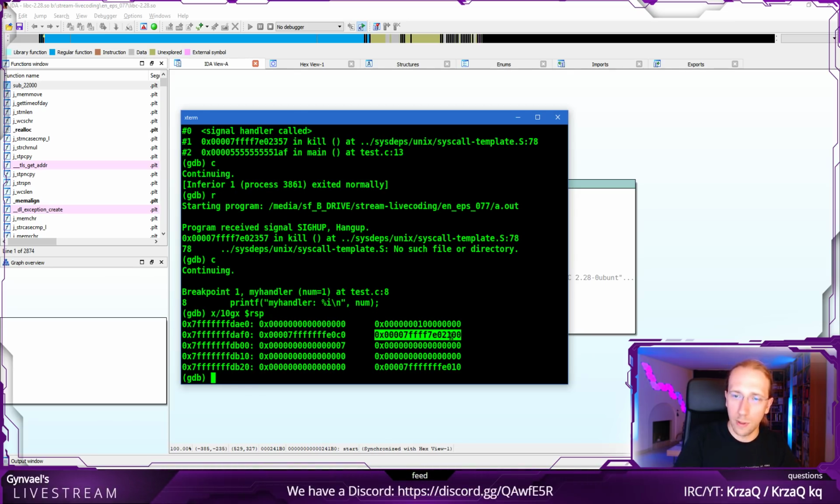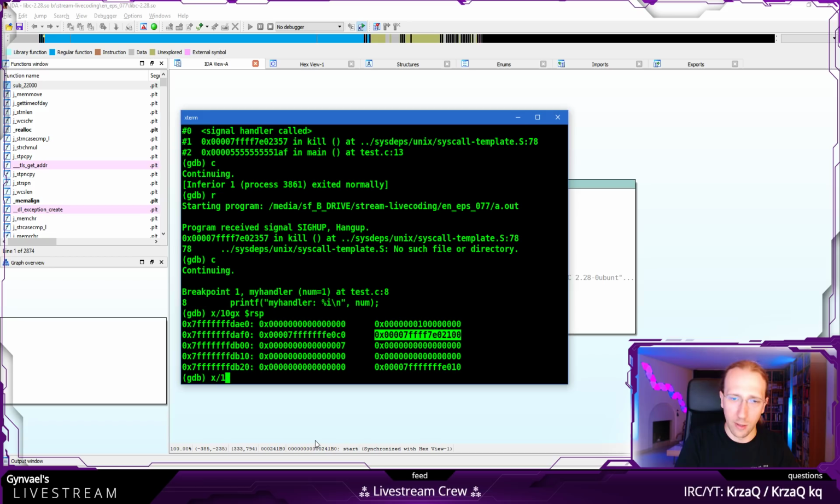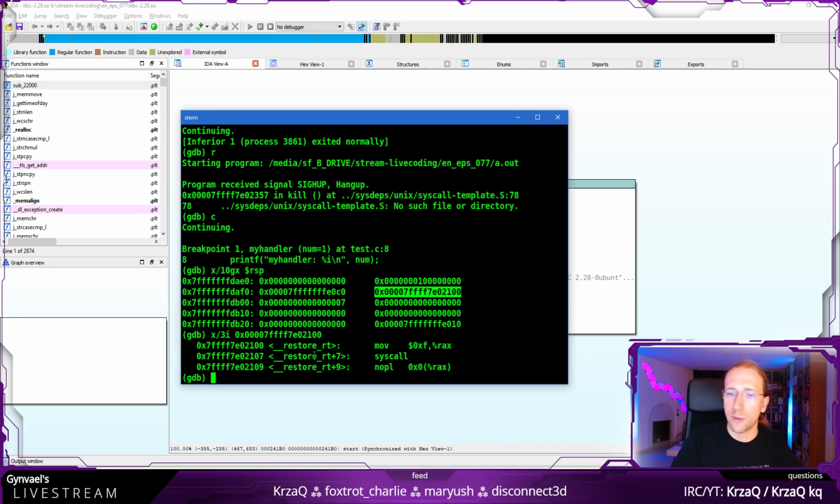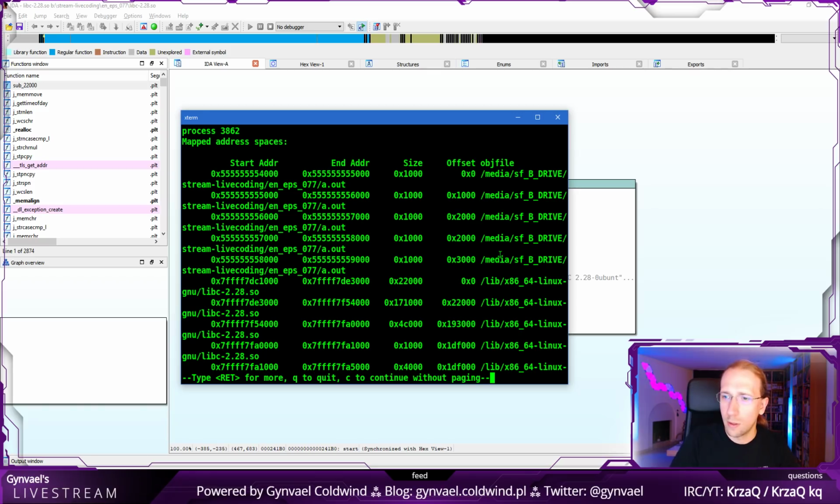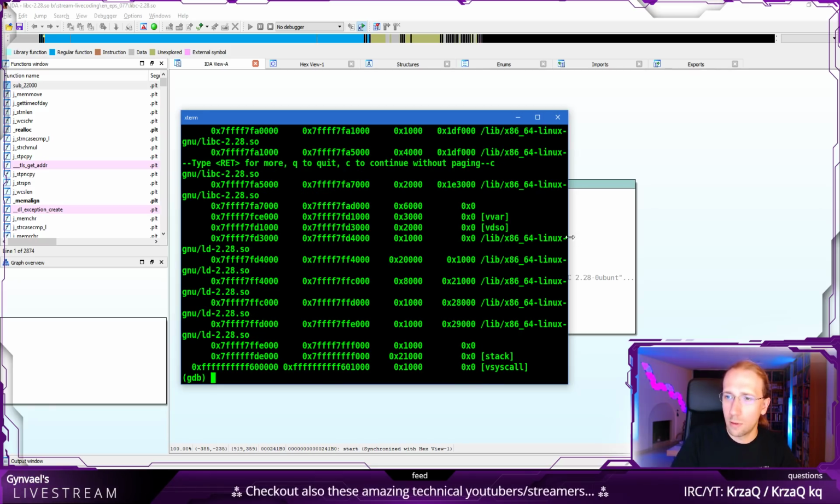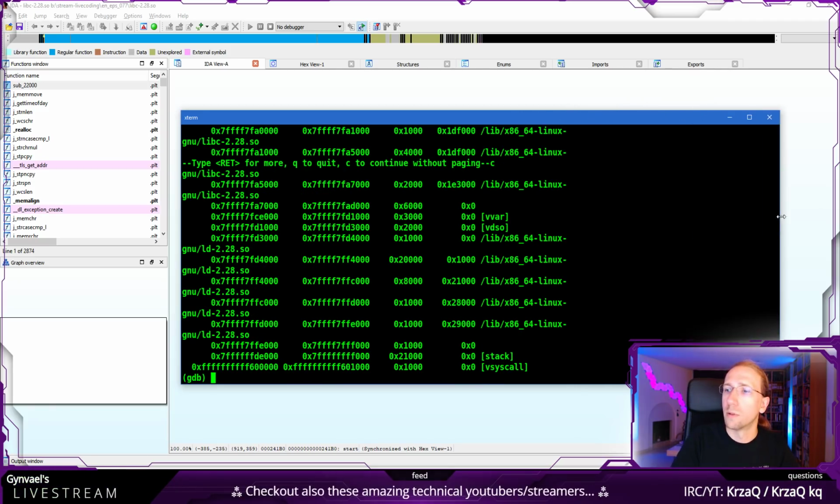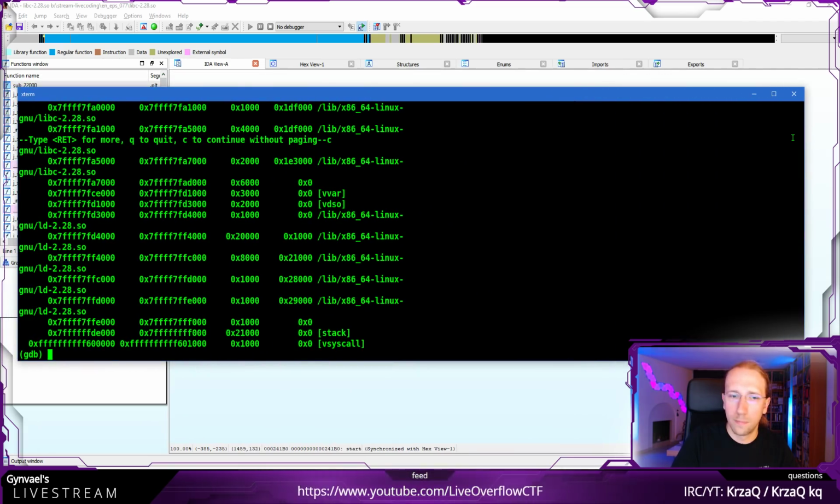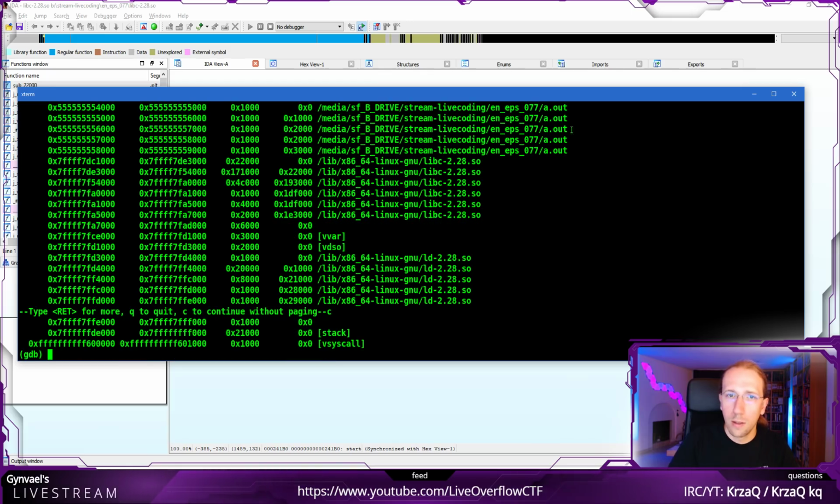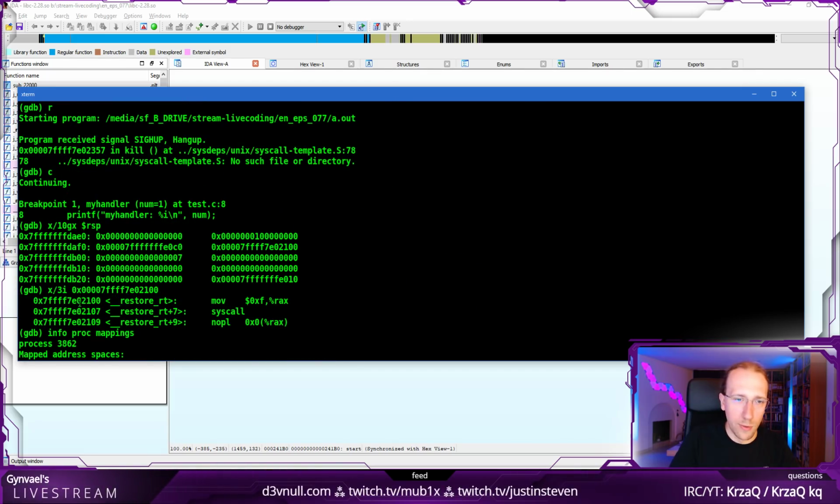What I'm trying to determine is where this is located. Is this in libc? Because this is again the, yeah, this is the restore RT. Where is it located? So I need info proc mappings. Okay, this is totally not readable. Okay, and the address is